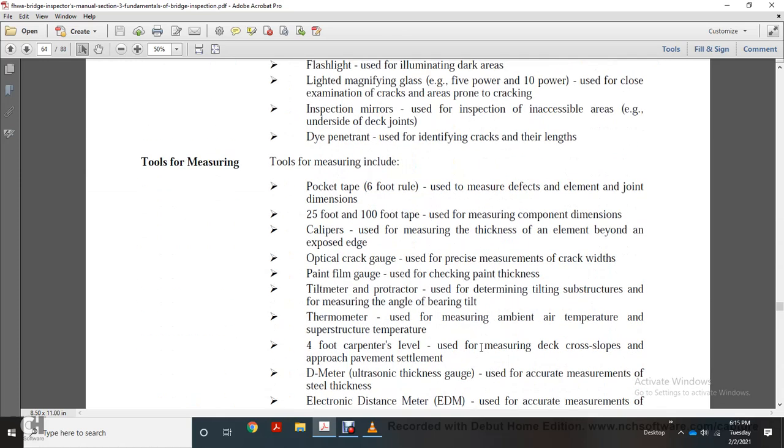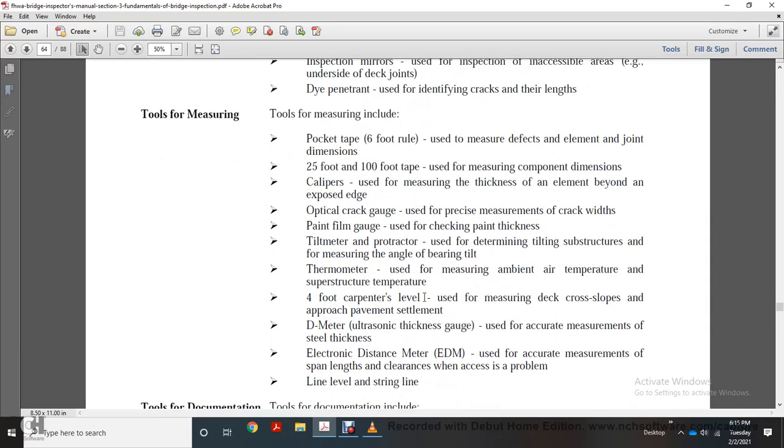Tools for measuring include a pocket tape or 6-foot rule, used to measure defects and element joint dimensions; a 25 to 100-foot tape, used for measuring component dimensions; calipers, used to measure the thickness of an element beyond an exposed edge; an optical crack gauge, used for precise measurement of crack width; a paint film gauge, used to check paint thickness; a clinometer or protractor, used to determine tilting of the substructure and measure bearing tilt; a thermometer, used to measure ambient air temperature and substructure temperature; a 4-foot carpenter level, used to measure deck cross slopes and approach pavement settlement; a D-meter ultrasonic thickness gauge, used for accurate measurement of steel thickness; and an electronic distance meter, used to accurately measure span length,